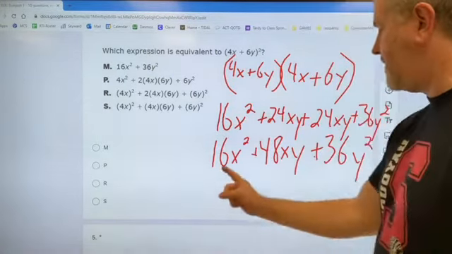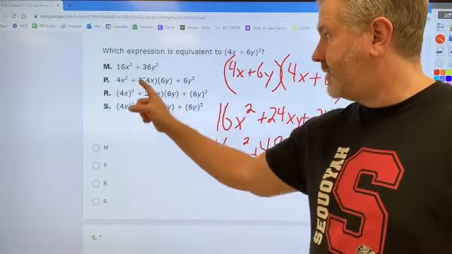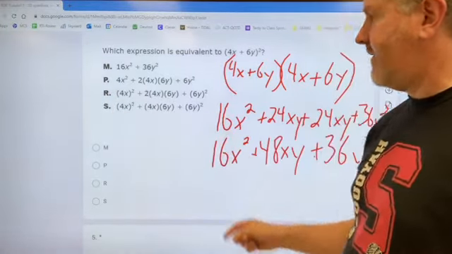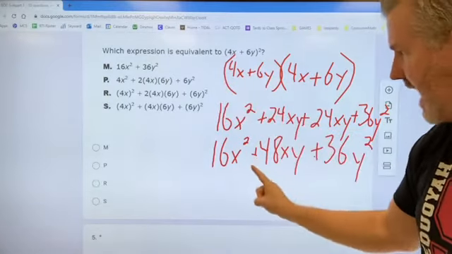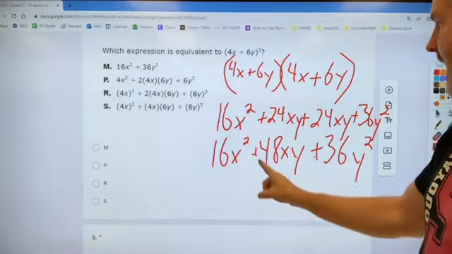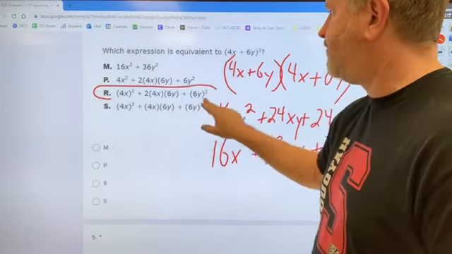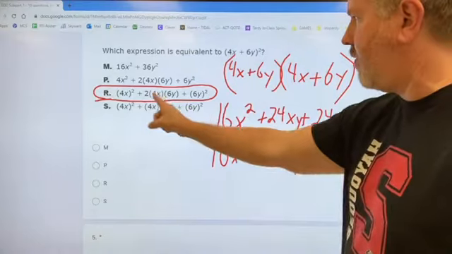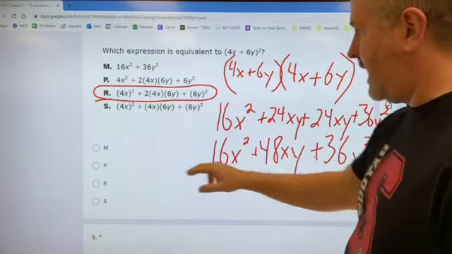This problem doesn't have that as one of the answers. This problem has M, P, R, and S, and they look very different. So your job now is to decide which one of these answers matches your answer. And the answer in this case would be R, because if we squared that, it would be 16x squared. If we multiplied those together and doubled it, and then if we did that, it would be